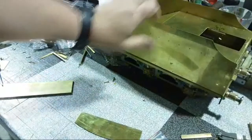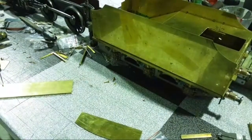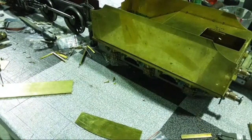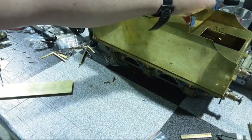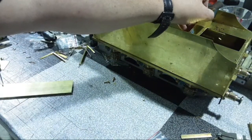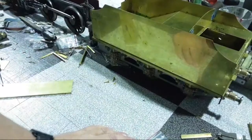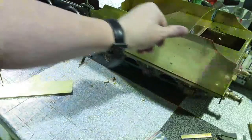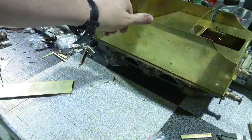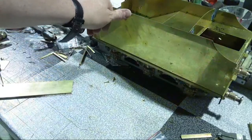But there's a week's work in making that tank. It's a big job, and it's nowhere near over yet. We've still got to do something here, and then if we're going to really be prototypical, it really needs something around the edge here. And what I'm going to do, which probably isn't prototypical, but it'll do,